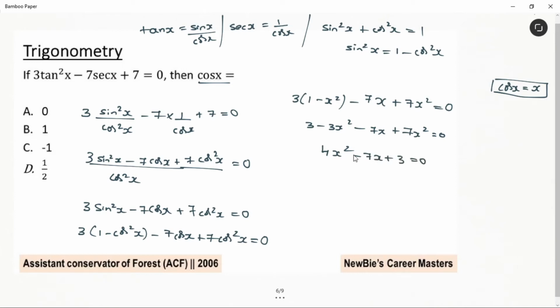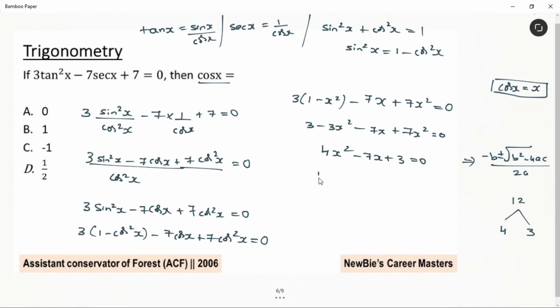We have to find the value of x. We can use the formula minus b plus or minus root of b square minus 4ac divided by 2a. You know this formula, right? Or else you can use the normal quadratic equation method. 4 into 3 gives me 12. So you have to arrange in such a way that two numbers' addition or subtraction should give you this middle value and the product should give you this value. Correct? I'll take 4 and 3 for this.